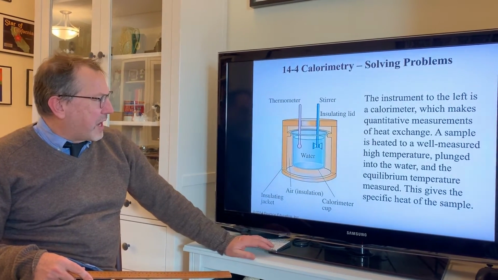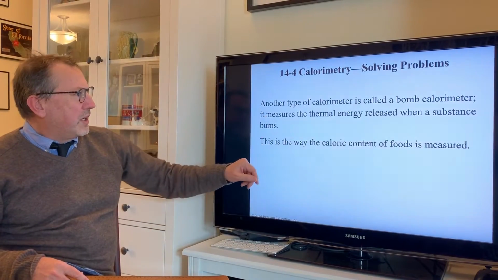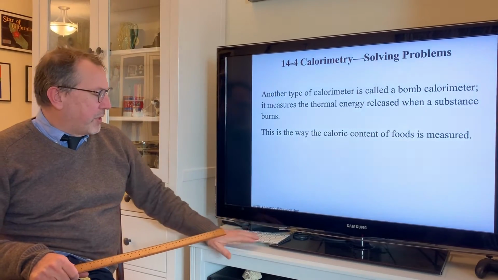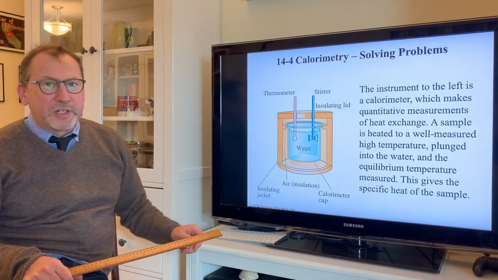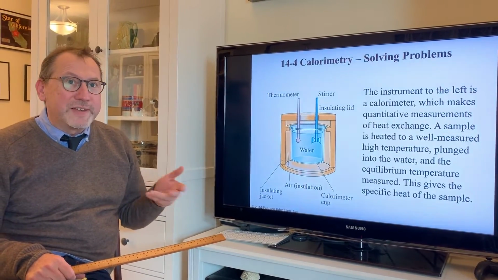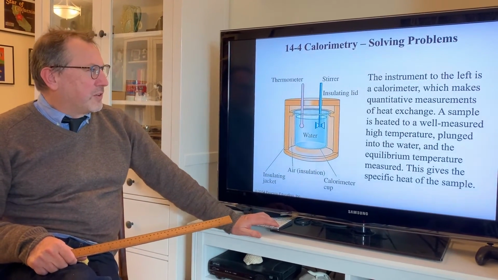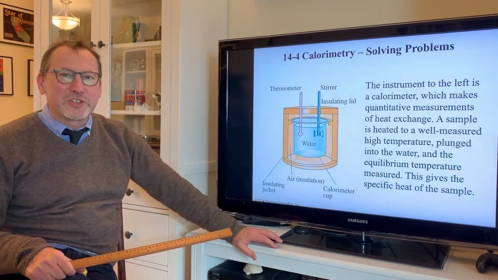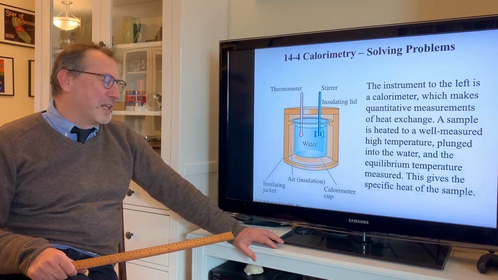There's another type of calorimeter called a bomb calorimeter, and this is how you measure the energy content of food. Basically you have the food sample surrounded by water, and you burn the food. You literally burn the food in oxygen, and it heats the water up, and that gives you the energy content of the food. The only trouble with this is it gives you the energy content of the food if you burn it in oxygen. Your body does not burn food in pure oxygen,